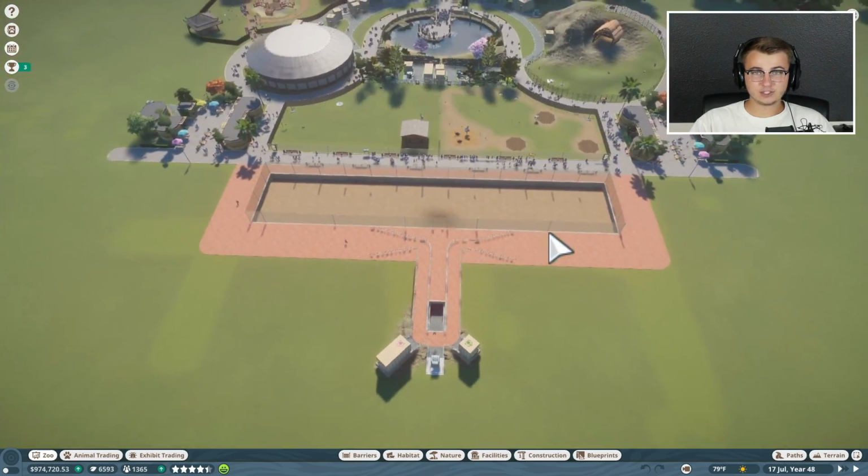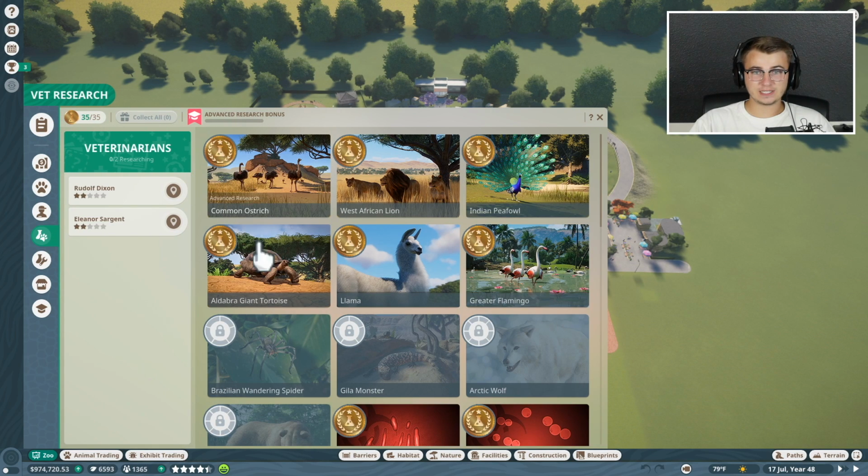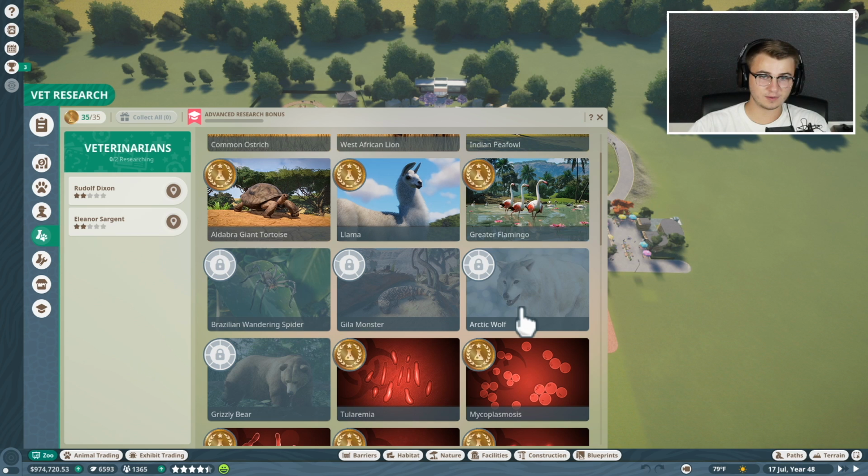Now, I did just find out recently that if we go into the vet research tab here, there's actually an advanced research option. So you can basically have your vets continue to research an animal that's already been fully researched. If you guys are wondering about the Arctic wolf and the grizzly bear down here, like I said,